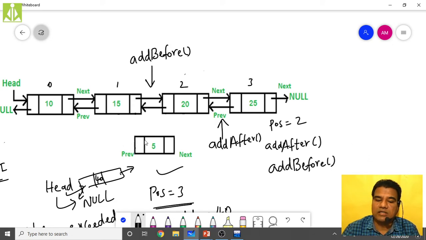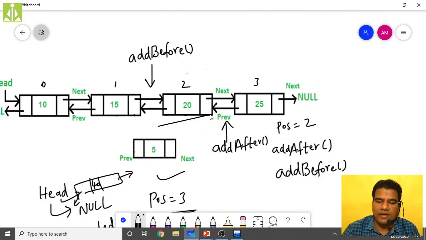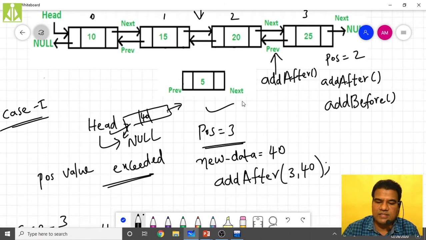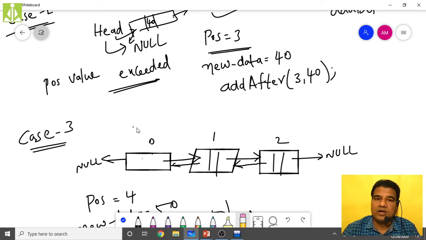So if that comes in our insertion, we simply keep that thing as it is. We don't change anything. But if that is not the case, then we make the next node's previous pointer point to the newly created node.